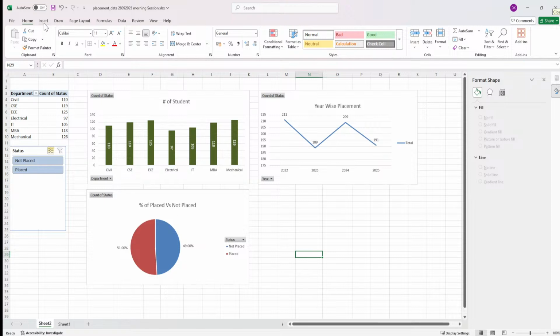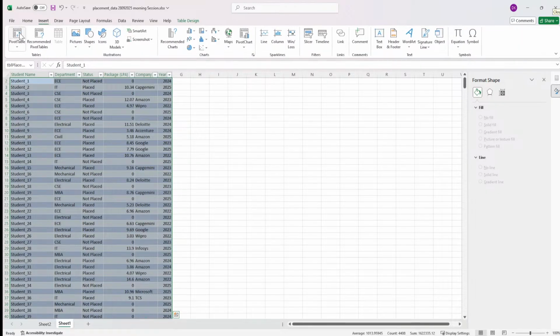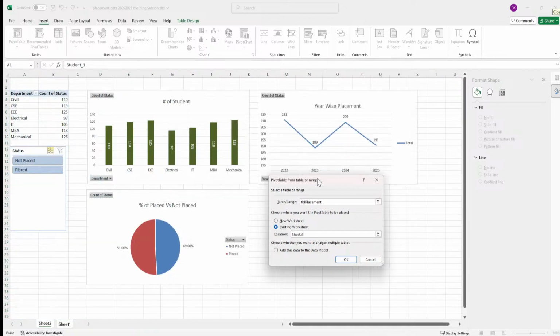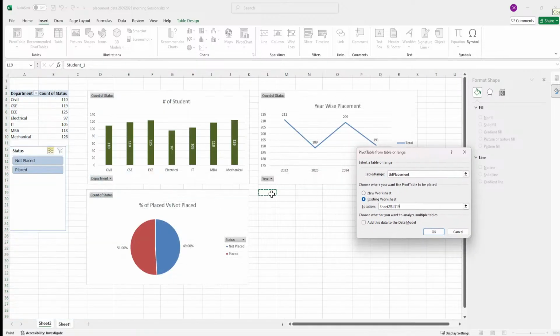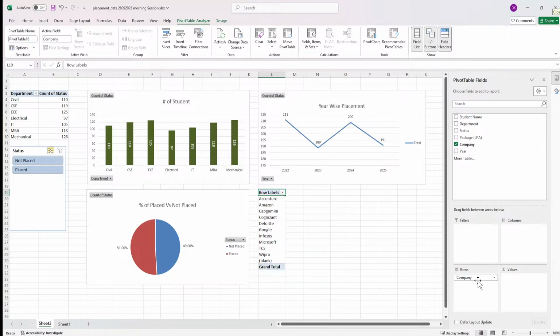So let's go back to sheet one, go to insert. Let's try to insert another pivot table, existing worksheet, select where you want to place it. I want to place it here and click on OK. So this is where the pivot comes in. Now what we are talking about is the companies, right? So we require the rows as the companies